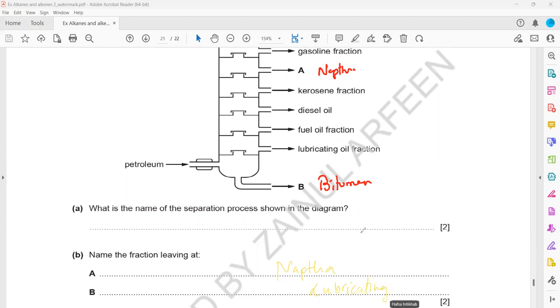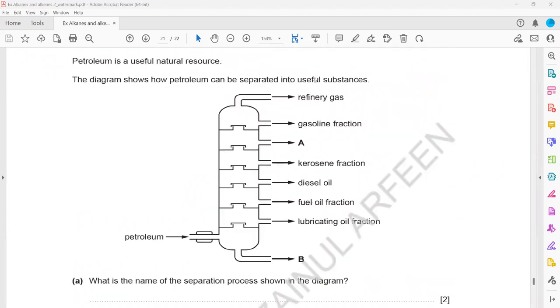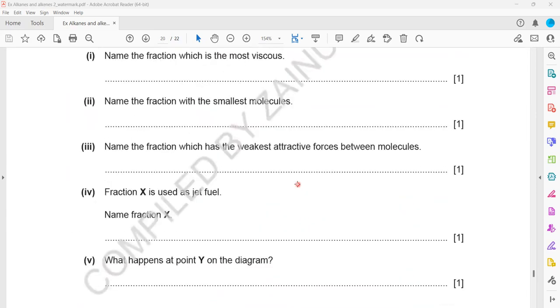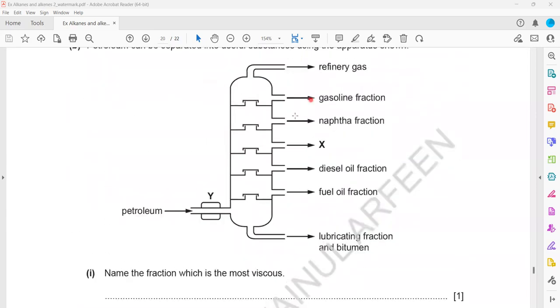Lubricating fraction. The least one, okay, that's fine if you're writing it. But you can write here as bitumen. The appropriate one, because in the previous, if you check the difference between them, here how many fractions do they show to us? 1, 2, 3, 4, 5, 6, 7, and 8. In this one, 1, 2, 3, 4, 5, 6, 7. So actually,